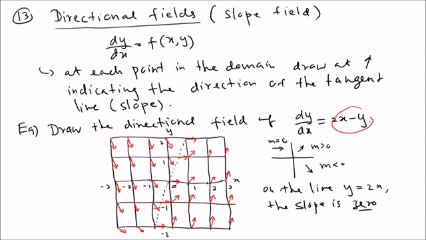Okay, so that's the direction field for this one. Good. So now what we can do is draw a typical curve. For example, if you want to draw a curve that passes through the point (-1, 1), this point, what's going to happen? It's going to follow the arrows. If you follow the arrows, it's going to go like that, go like this, and I think it's going to go like that, and get 0, and then